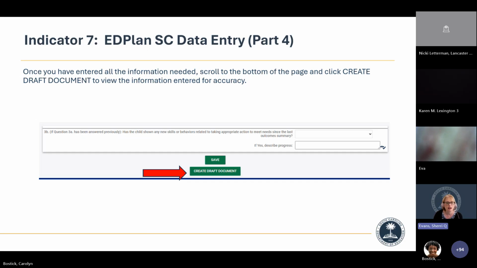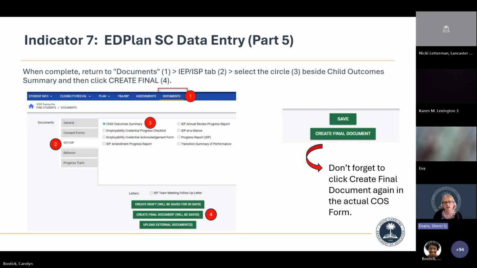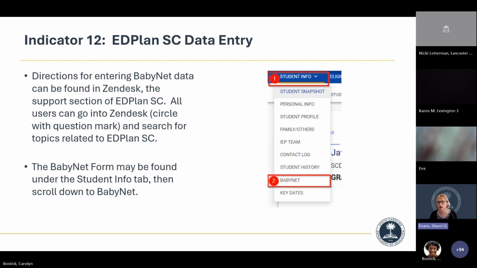And then next slide. Then you can go ahead and create your final, okay? And you will have your final COSS document created. It will then appear in your documents, in the student's documents. Okay, any questions about the COSS? All right, now I will quickly go to BabyNet.